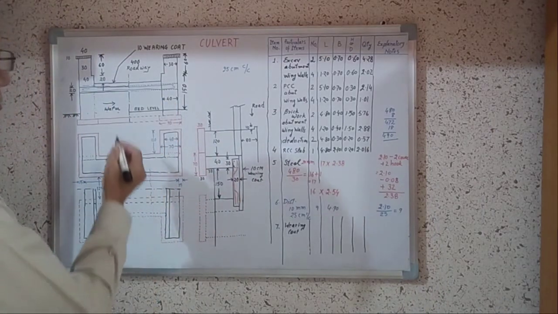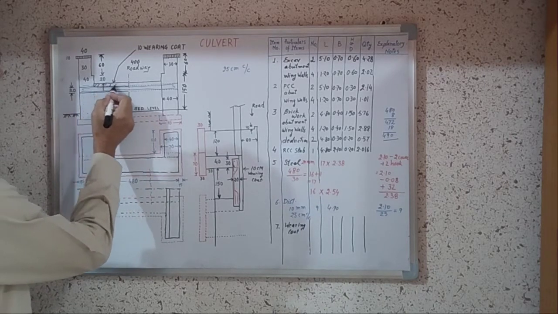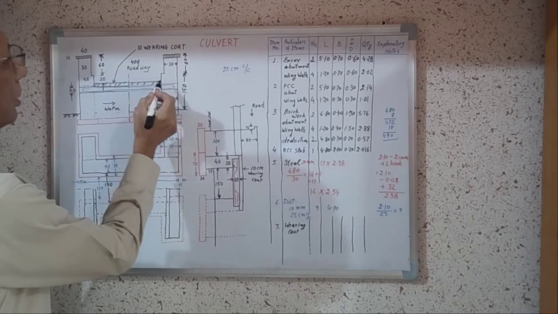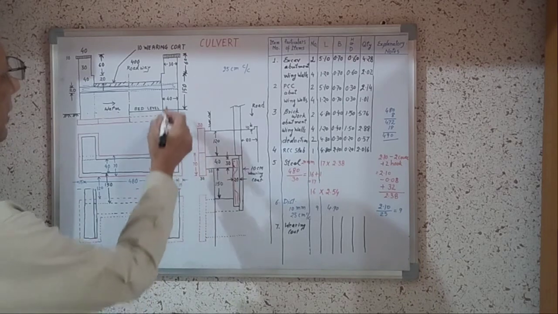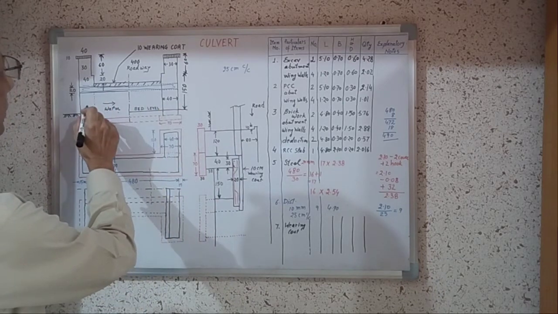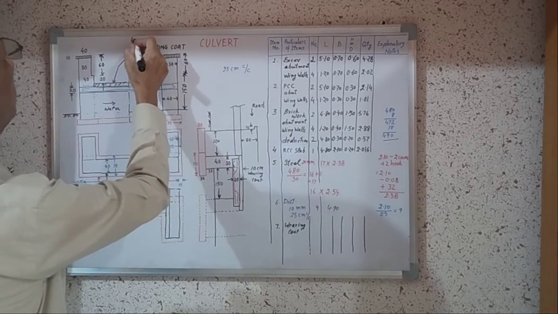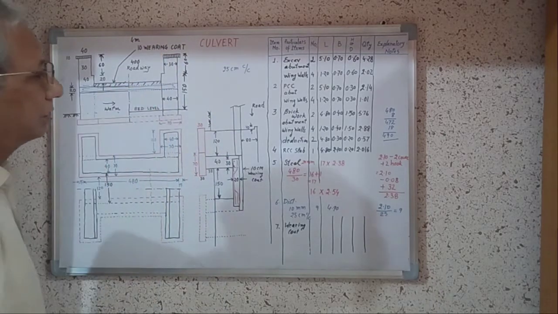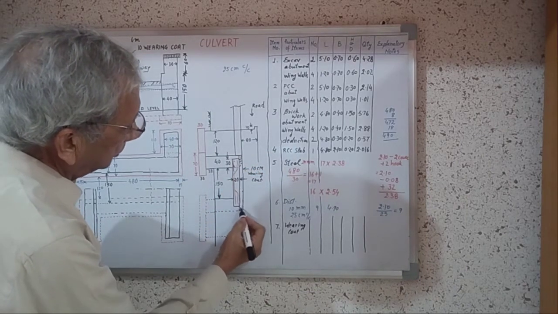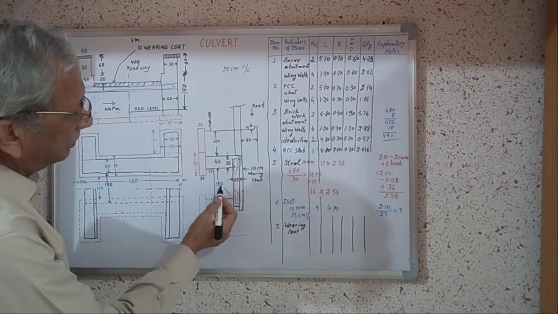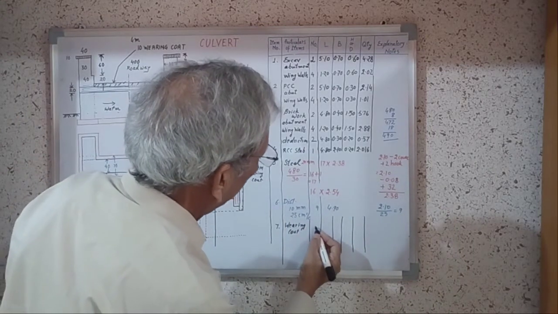Now we will find out the total length from this up to this. Now the total length is 480. 480 minus 40 and minus 40, that is 4. The length is 4 meter. And the width, starting from here up to this point, is 150. This 4 meter we will write here, this is one number.